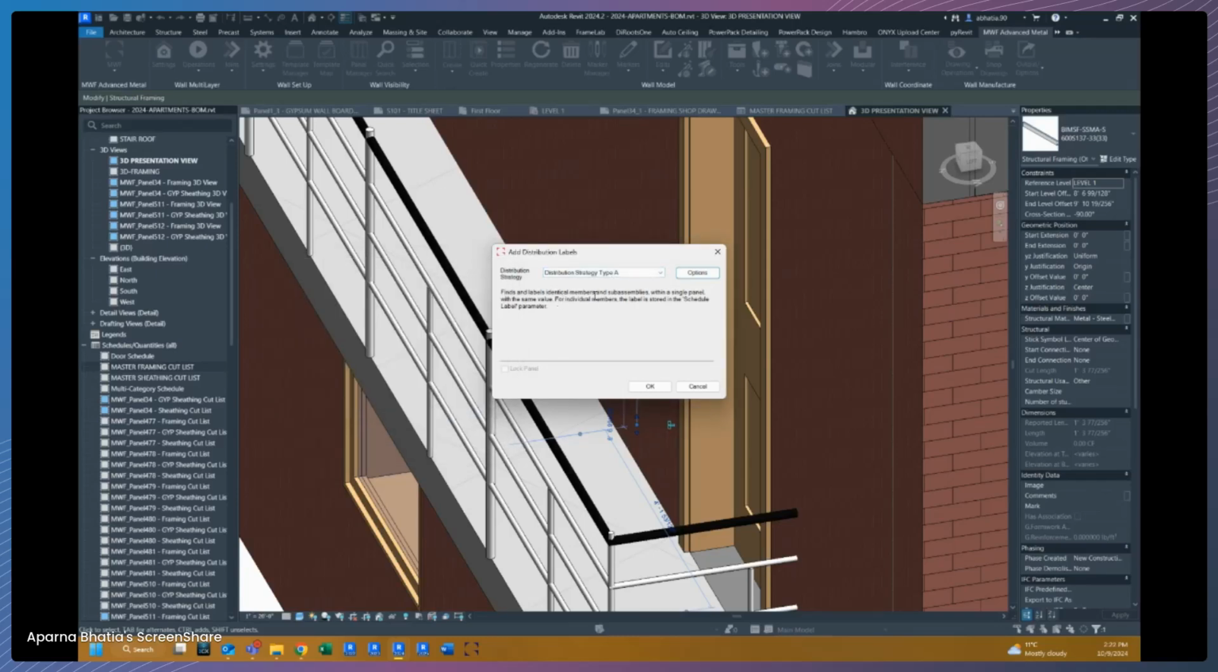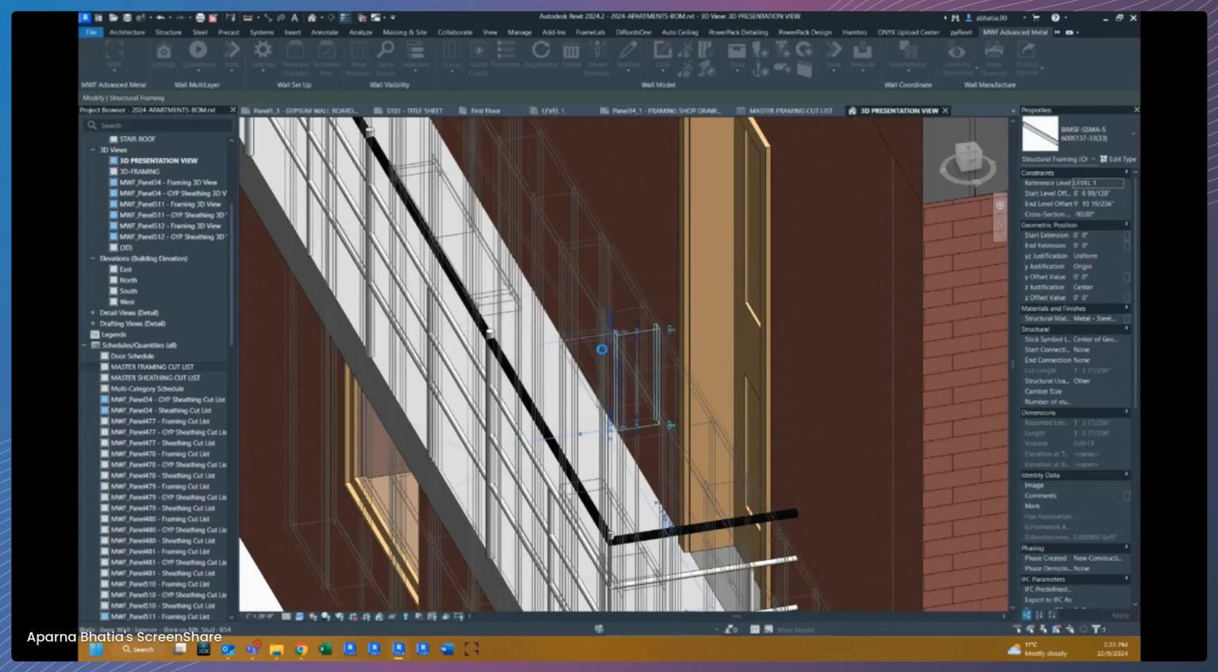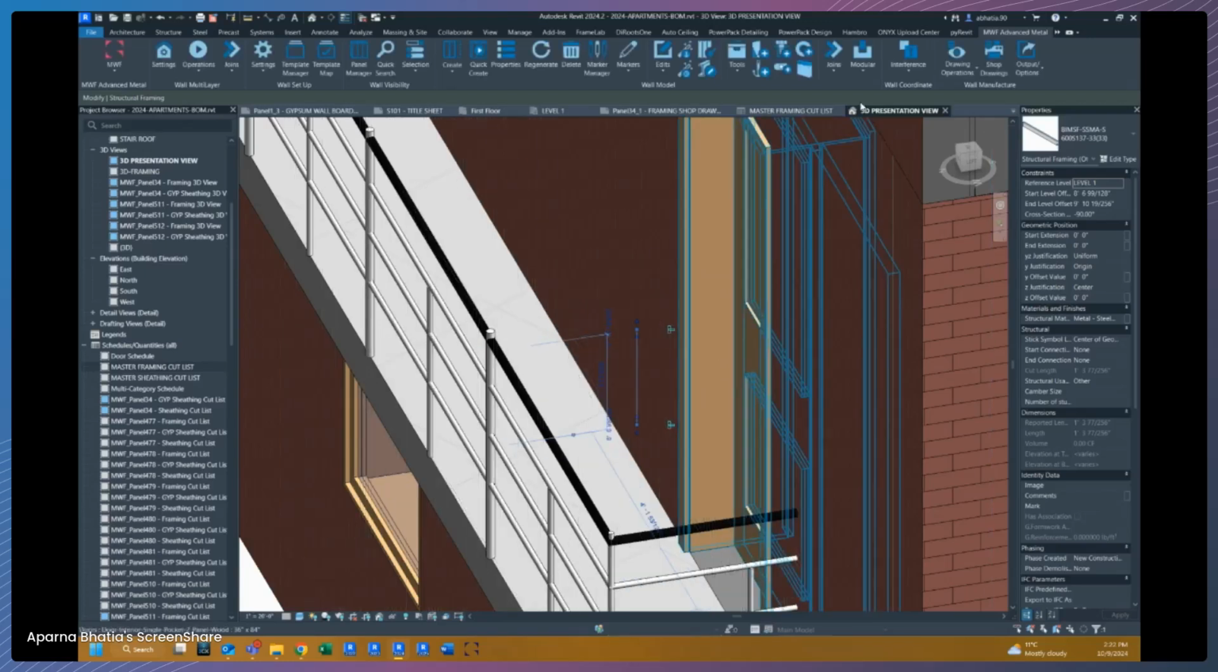So what it will do is that it'll identify identical members and subassemblies within a single panel with the same value, and for individual members, the label is stored within schedule label parameter, which I mentioned. So now that I'm running that on this panel, I can go back to my master framing cut list,